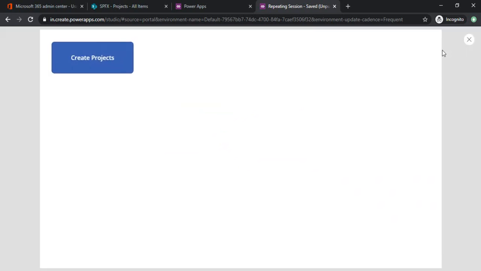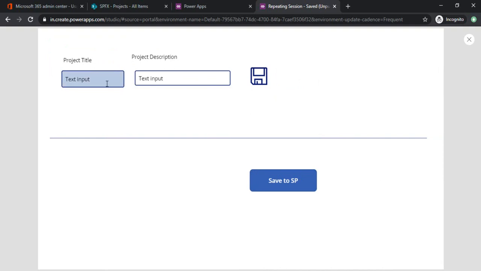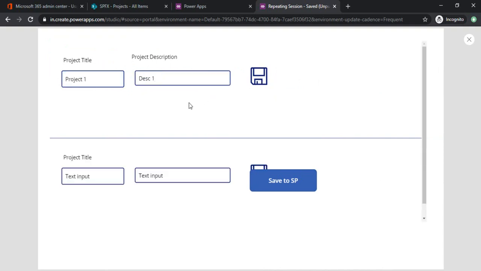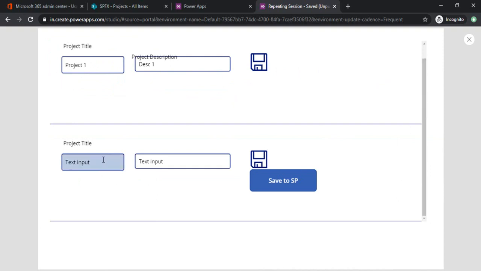and just run it. So when I click on it, I got this row. I'm just adding project title project 1, then adding description 1, and then clicking save. So adding project 2 and adding project description 2 and clicking save.